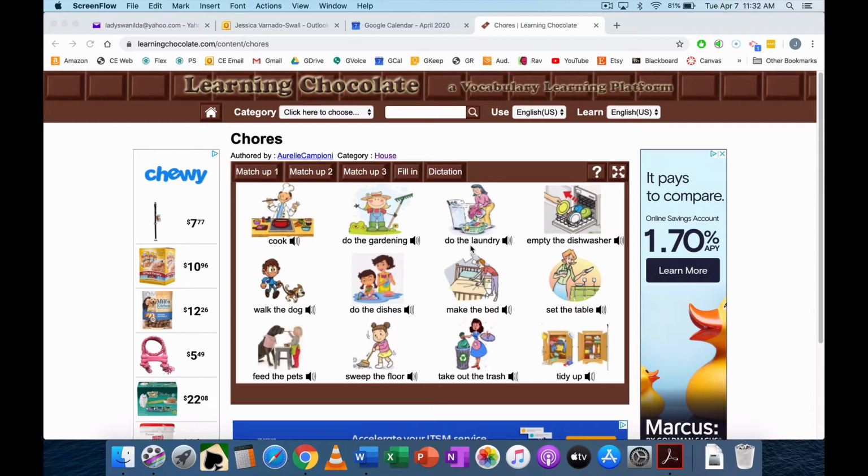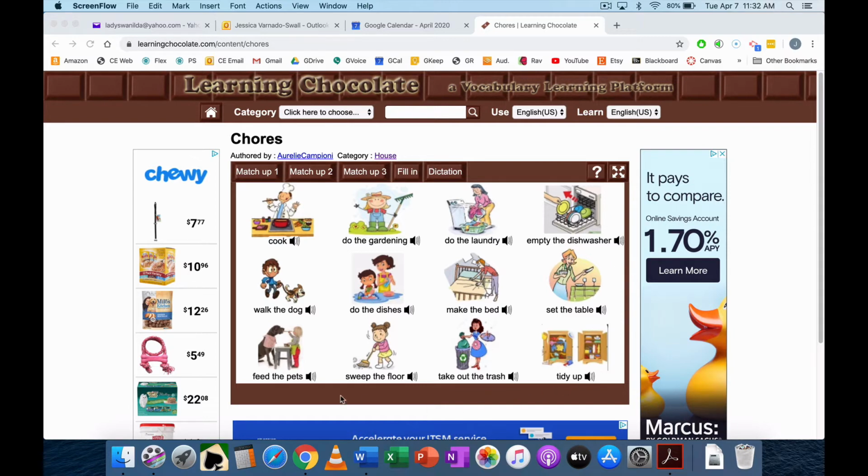First of all, we want to look in this brown box. Do you see the brown box? It looks like chocolate. That's why the website is called Learning Chocolate.